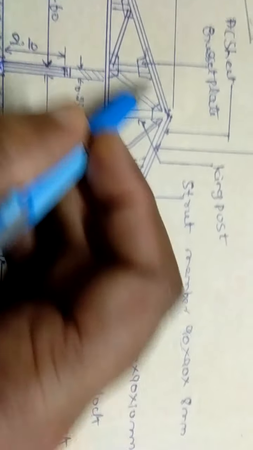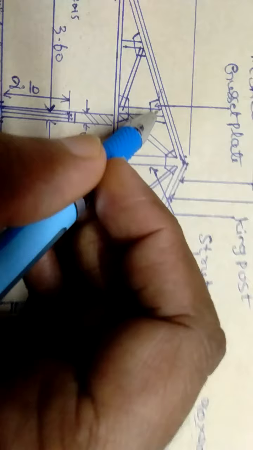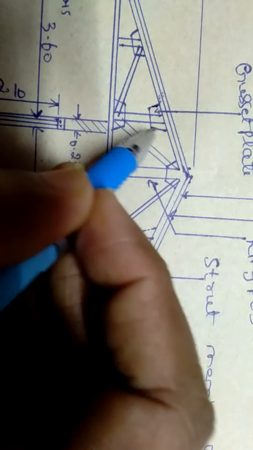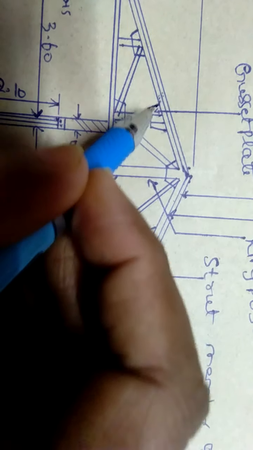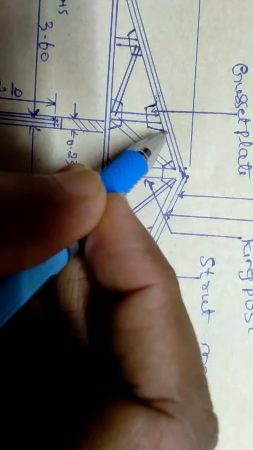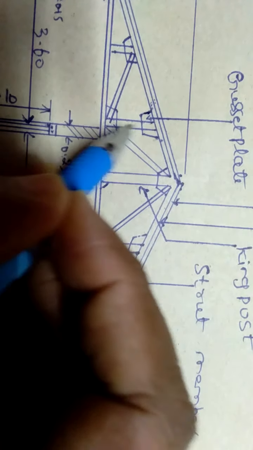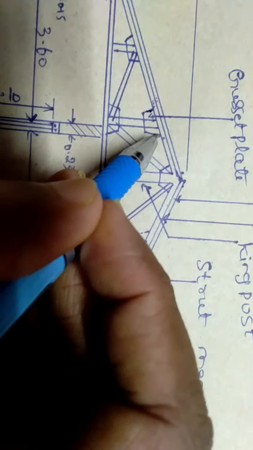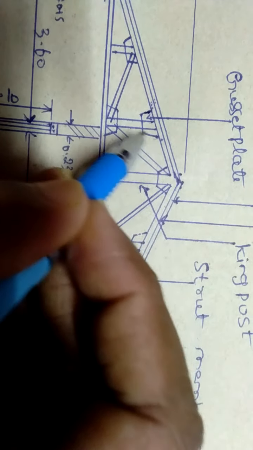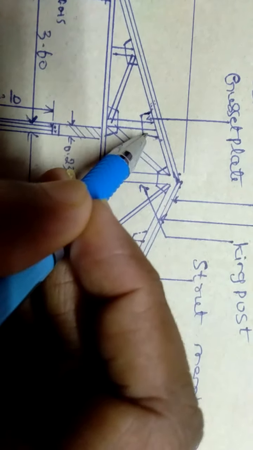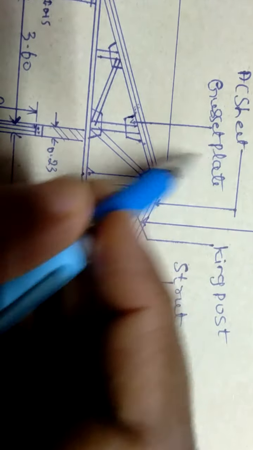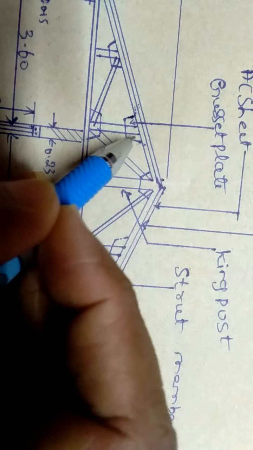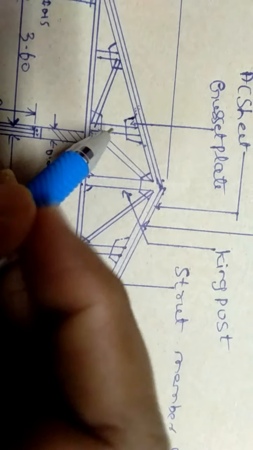So this completes the triangle system. And this one here you can see, this is called the gusset plate, which connects the principal rafter with the vertical members here. So no need to think much of this. This thickness is 8 mm here. The thickness of this plate is 8 mm. So that is called the gusset plate, which is connecting the principal rafter with the straight members here.